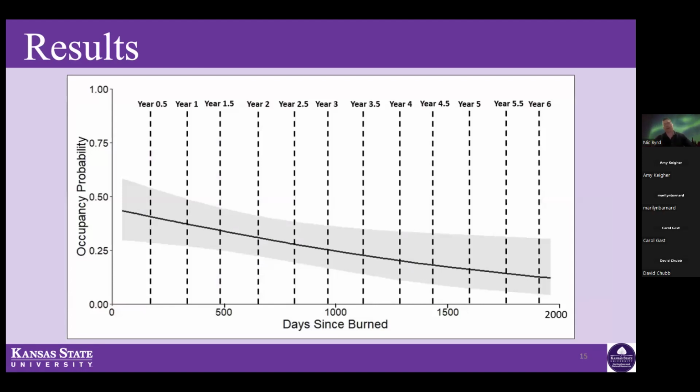So we wanted to create a plot to try to make this look pretty and make sense. So this is just a plot that says, as days since burn increases, occupancy probability for elk decreases. And we were thinking, why could this be? And we were thinking that it could be that